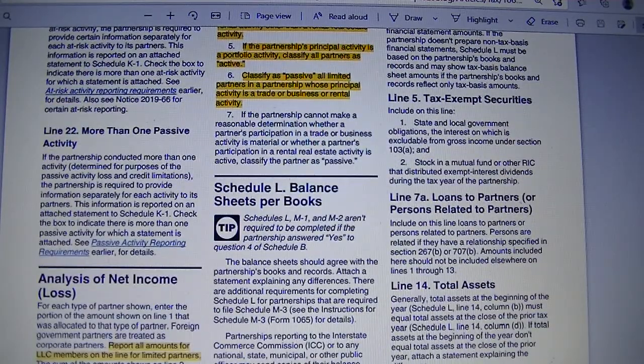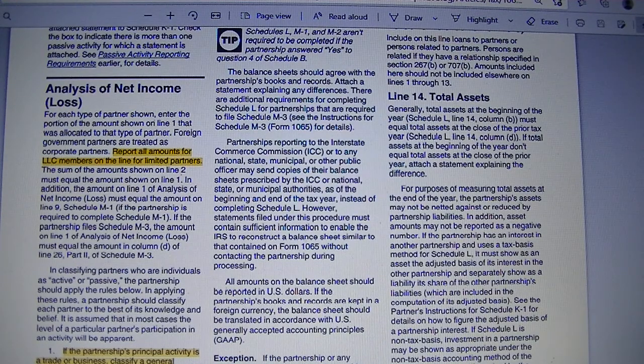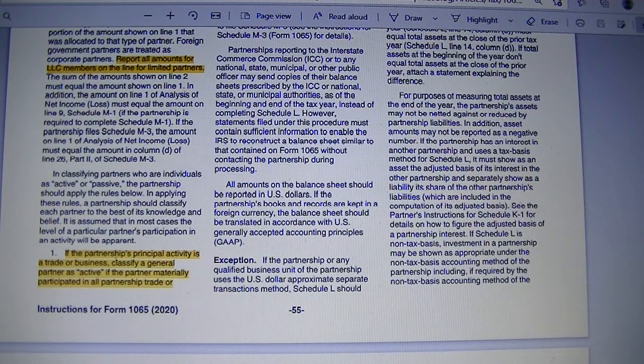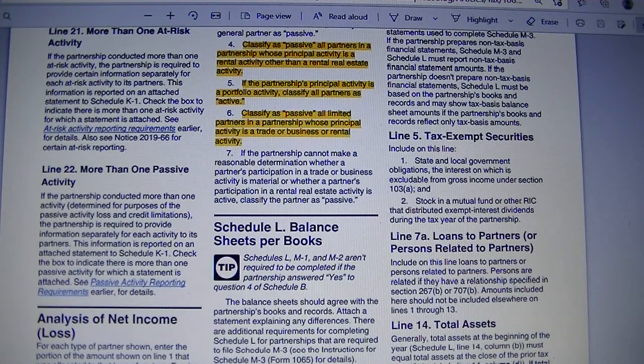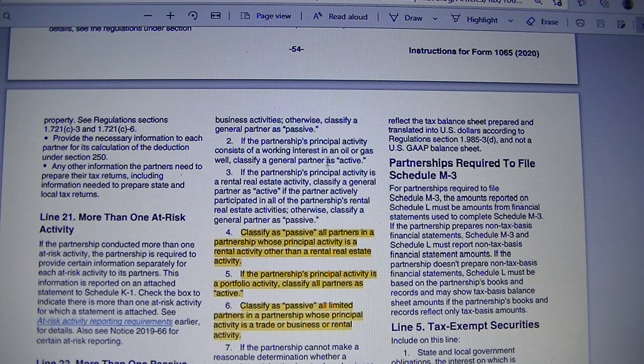But we are looking for analysis of net income. So they say to report all amount of LLC members on the line for limited partners, but it can be a little bit confusing, so you might want to read it. So for the general partner, if the partnership principal activity is a trade or business, classify the general partner as active. But if he didn't participate, you classify him as passive, like his or her income or loss. And pretty much you can read